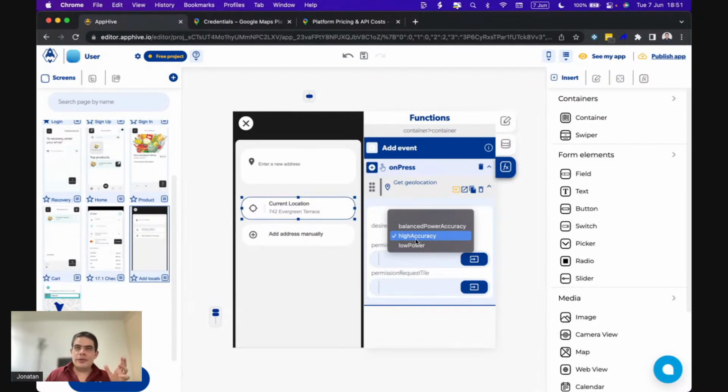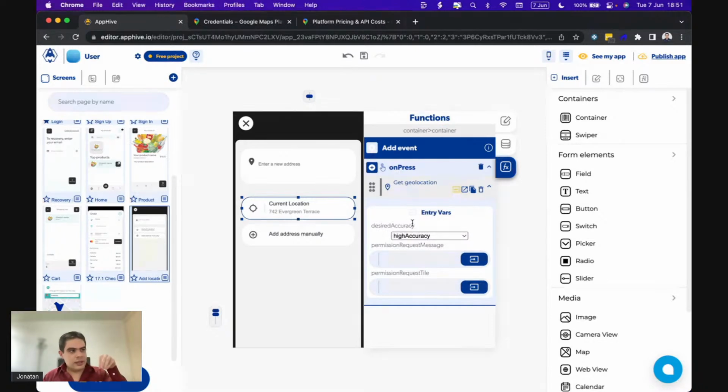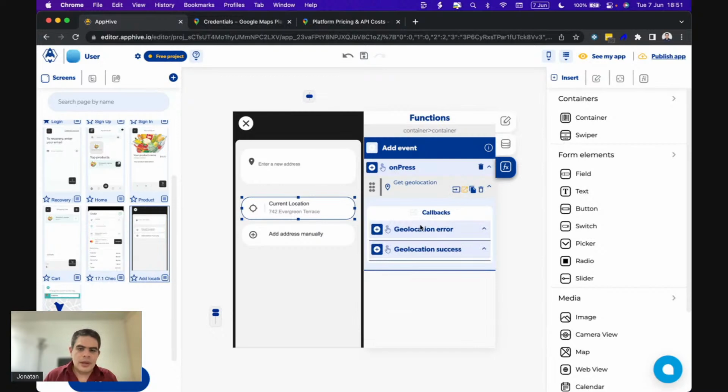They are good if you want just to know what the locality or the country is. They work fine. But if you want to get the exact location of the user, it recommends high accuracy. You can add your custom request message. If you don't have a message, it's okay, but it's good to explain why you need the location. And once you get the location successfully,